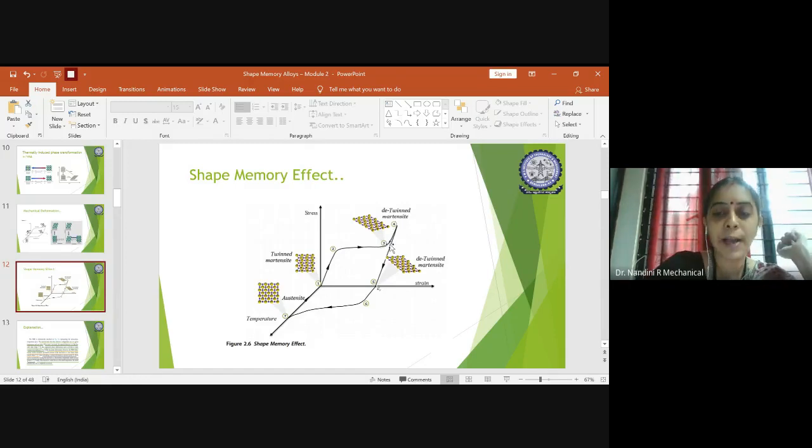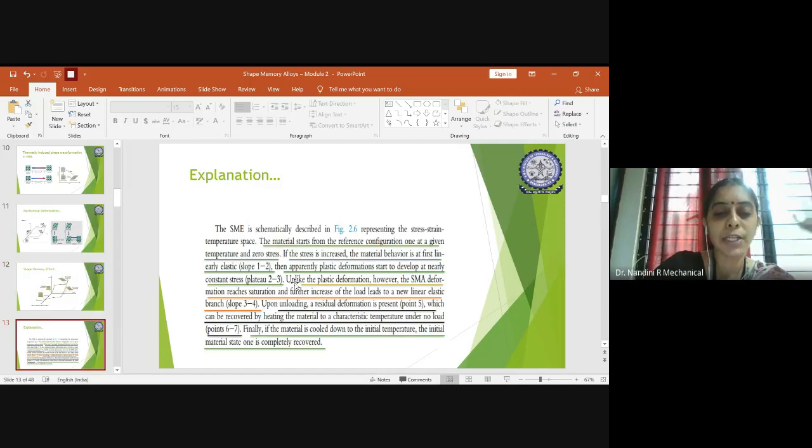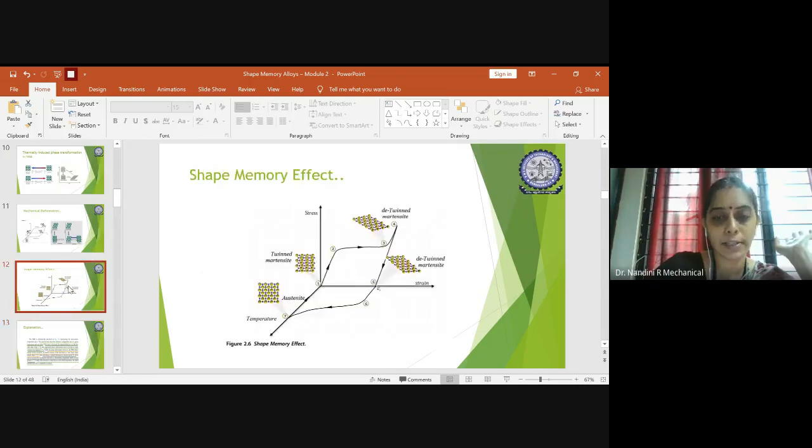So this is what happens from slope 3 to 4. Once you have reached the detwinning of the martensite, it starts coming down due to its elastic behavior. Now you cannot increase the temperature, so the temperature will be dropped, right? Then it gradually comes down. Again the detwinning of the martensite happens. First twinning will happen here. So this is a regular martensite phase, and now here detwinning will happen.